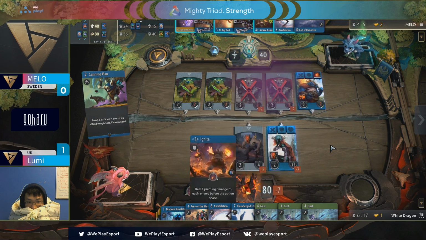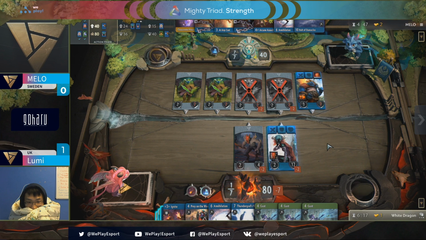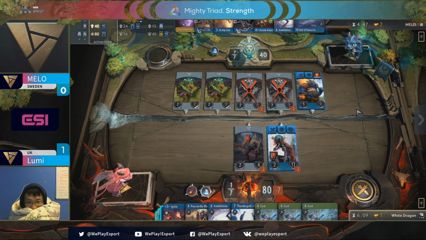We may very well see a Prey on the Weak here to threaten this board state. And there is a cunning plan from Melo. Or from Lumi. Oh, sorry, from Lumi. It's very confusing because it seems like it's saving the Ogre, so it looks like it's Melo's play, but it is Lumi drawing the cards there. And he gets 3 Gusts in hand,